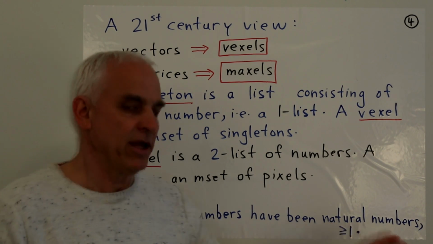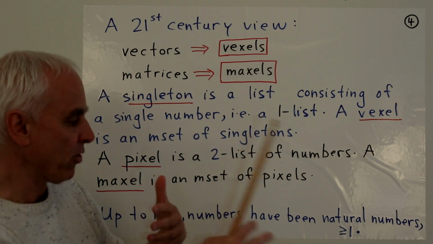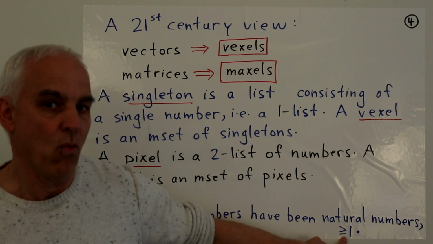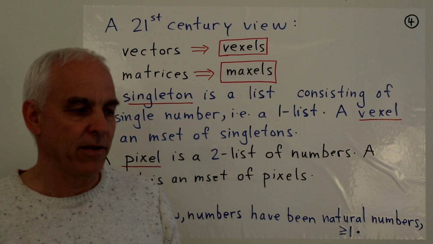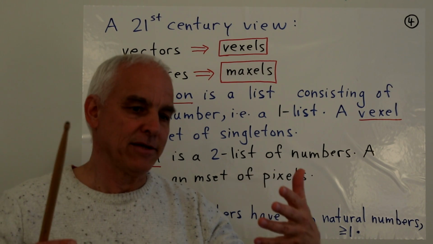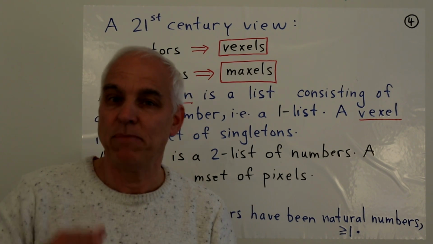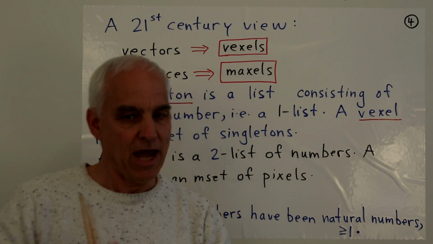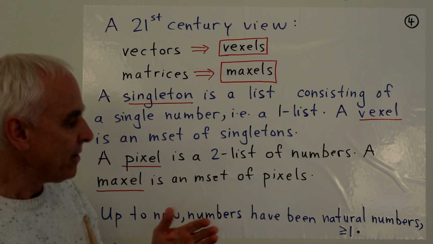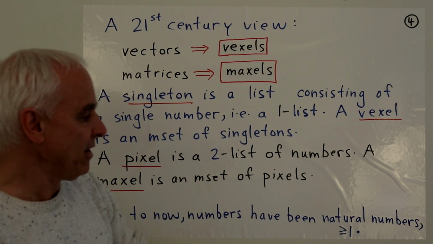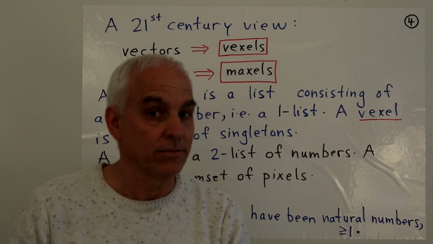Now, up to now, in our treatment of maxels and vexels, we have been working with a framework of natural numbers where we start with 1. Our natural numbers formerly started with 1, 2, 3, and so on. But now we understand that from a multiset point of view, if we're thinking about natural numbers as primitive natural numbers, it's best to start at 0. And so we have to augment our understanding to stretch it a little bit further, to include not just the natural numbers bigger than or equal to 1, but also 0.